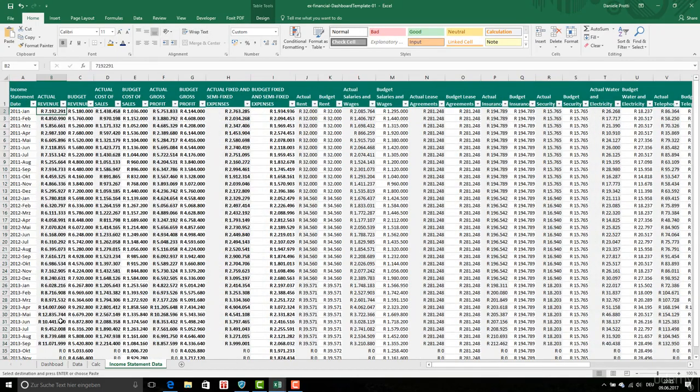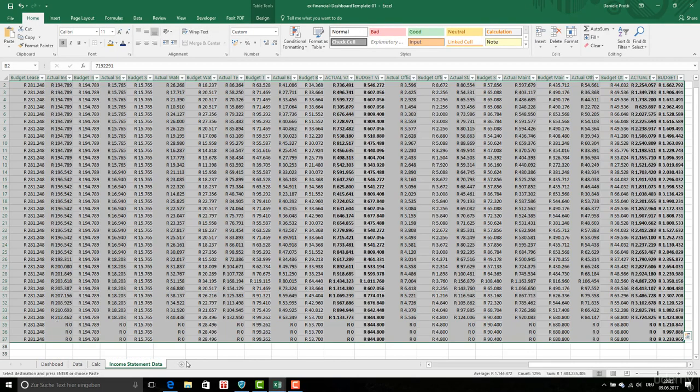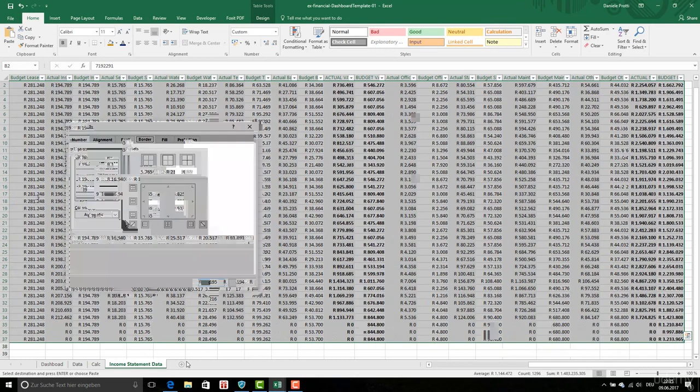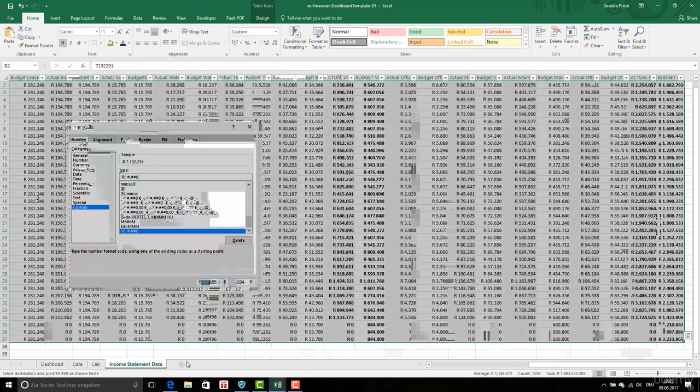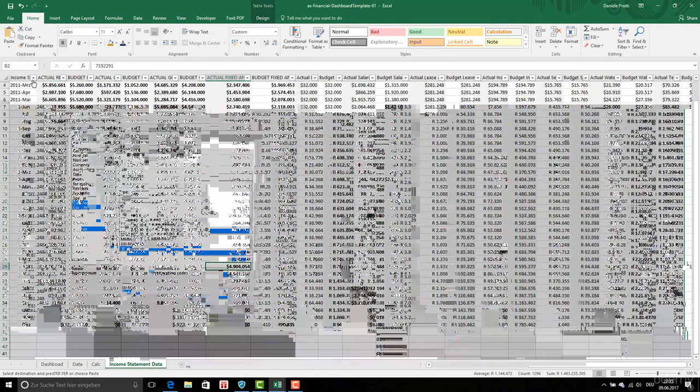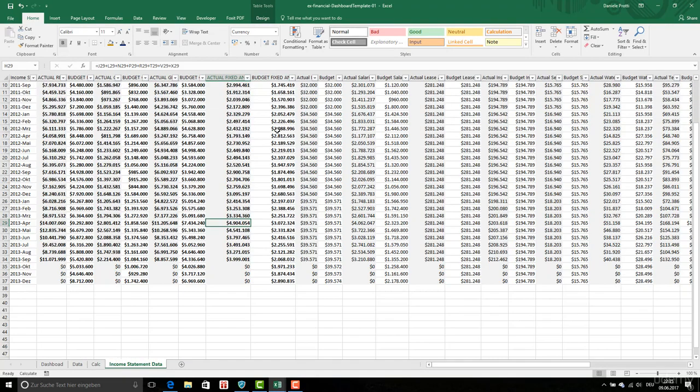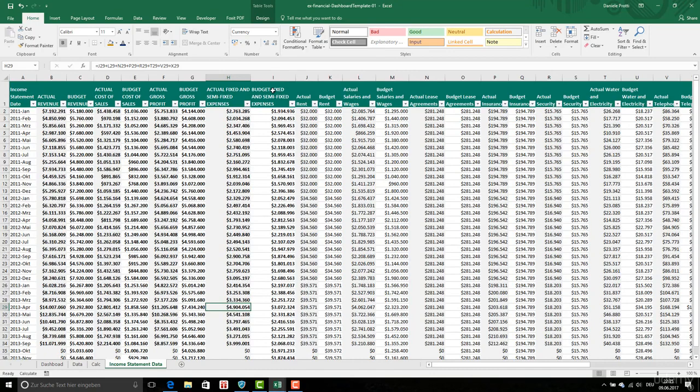Okay, then all these format cells, now the table is created so that the header is substituted when you're scrolling with the header of the table. Okay,